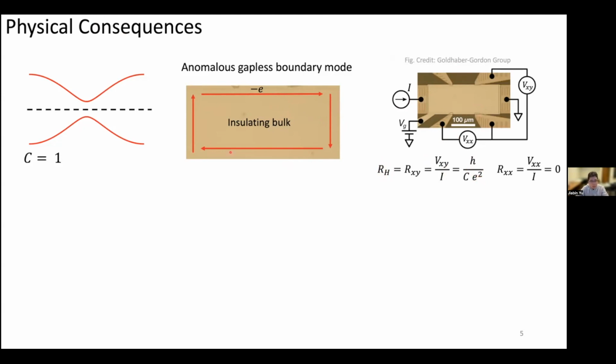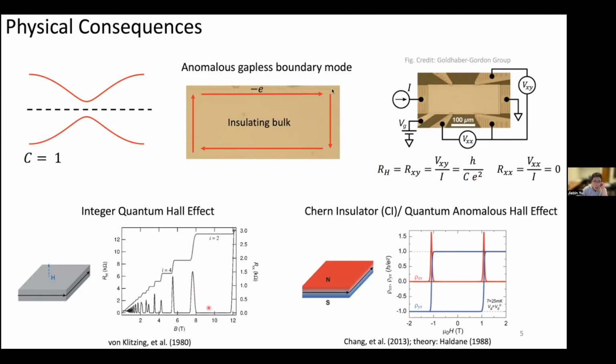This phenomenon was first discovered, as we probably all know, more than 40 years ago in the integer quantum Hall effect, where different plateaus correspond to different quantized values of the Hall resistance, which come from different integer values of the Chern number. Later, people predicted and then realized the zero magnetic field analog of the integer quantum Hall effect, which is called the Chern insulator, or in short CI, or quantum anomalous Hall effect. The key idea is to replace the magnetic field, which is required for the integer quantum Hall effect, by spontaneous magnetization, so that we can have a quantized Hall plateau at zero magnetic field.